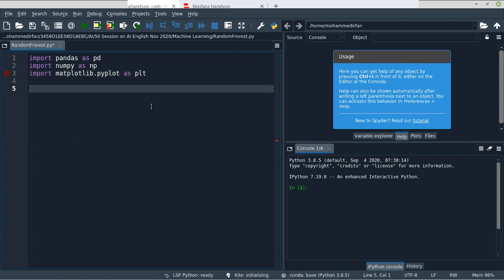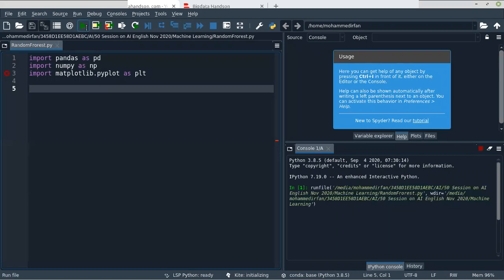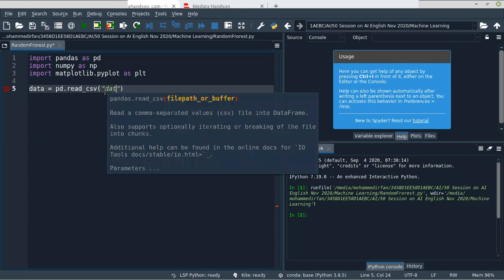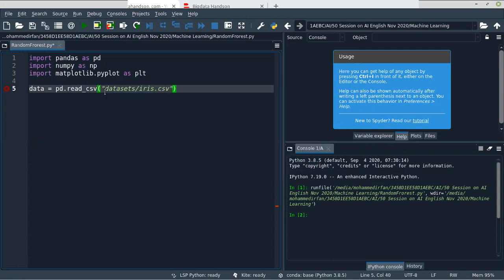Now we need to read the data from the file, the same iris data. We visualized the decision tree yesterday for iris data. Let me read the file with read csv, that's inside the datasets, iris.csv. Now let's select this line.